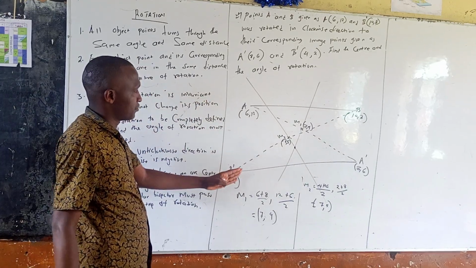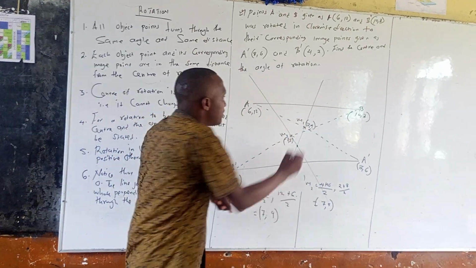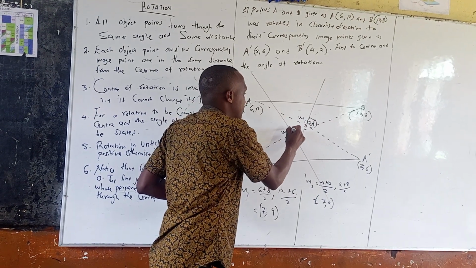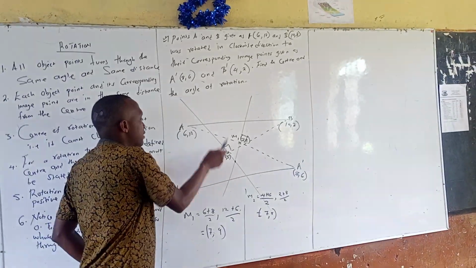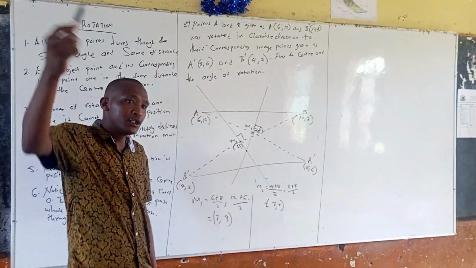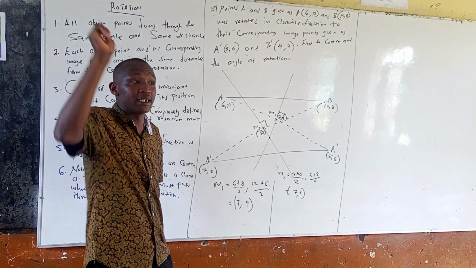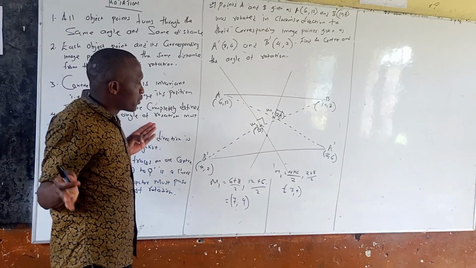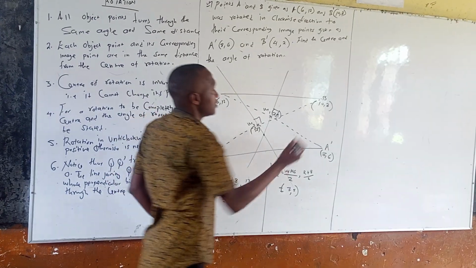Now, first, we want to know, if these are perpendicular bisectors as they say, perpendicular bisector, then it means this line will be perpendicular to this one. And during Form 2 we learned that when lines are perpendicular, M1 times M2 must be negative 1. So the first thing we need to know here, let us find the gradient of A image. So gradient